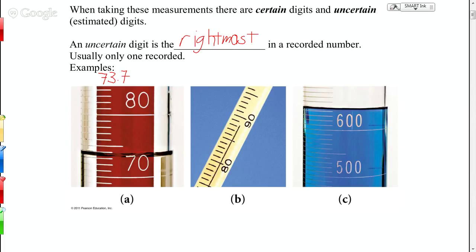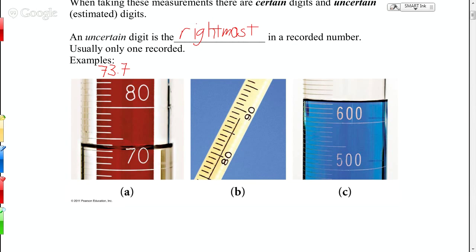And that measurement is going to have 3 significant figures, the 7, the 3, and the 7. It would be incorrect to say 73.70 or 73.700 or 73.7000. Even though those seem like the same numbers, those are totally different levels of precision. Let me show you why